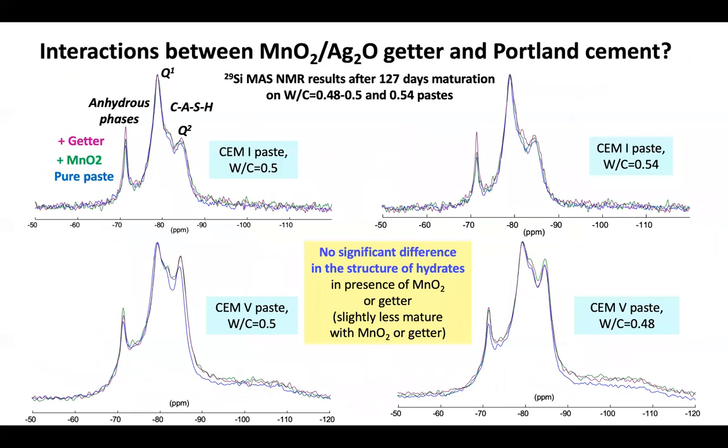With mass NMR, silicon and aluminium spectra, we also found no significant differences in the structure of the C-S-H hydrates in presence of MnO2 or getter. We have possibly a less mature paste in presence of MnO2 or getter when it's added in supplement to the